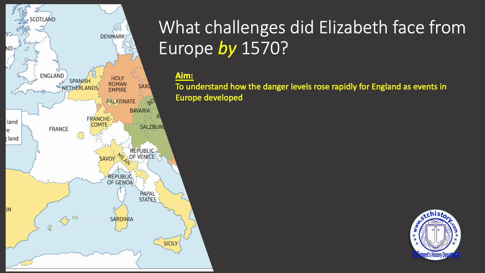Everything that happens from 1570 onwards is going to, you could argue, be a step towards war or a cause of the war. So long-term causes right up to the 1580s, where they'll become short-term trigger causes of the war. So as we go through this lesson, just try to keep in mind how each thing that happens is affecting relations between Elizabeth and Philip. And in the end, it culminates in the Spanish Armada.